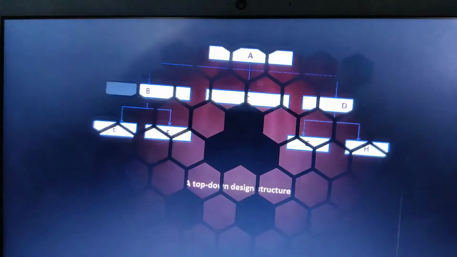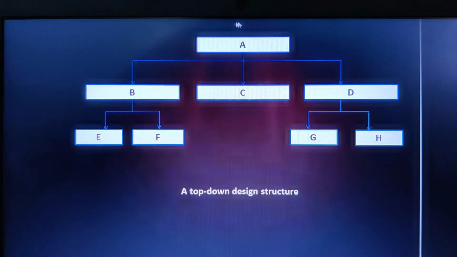Look at this particular example. Now A is a given problem. This given problem A is divided into the sub problems B, C and D. And further these sub problems are divided into smaller sub problems, that is B is further divided into E, F and D is divided into G and H. Like this the division keeps on continuing until these sub problems, like E and F, can be implemented in programming statements. So until that we need to continue this division.